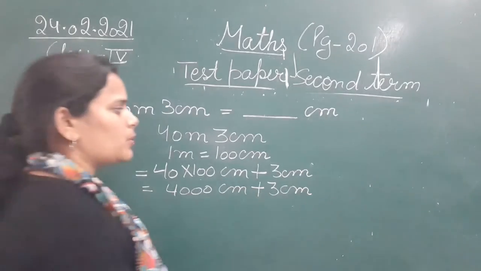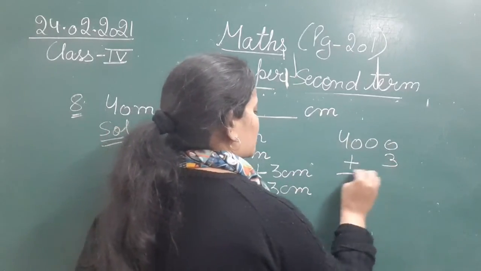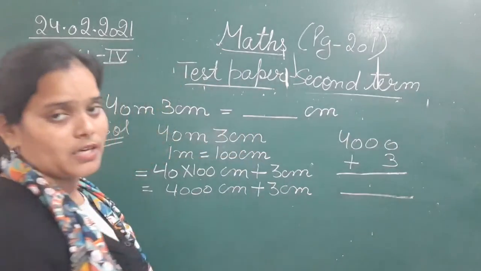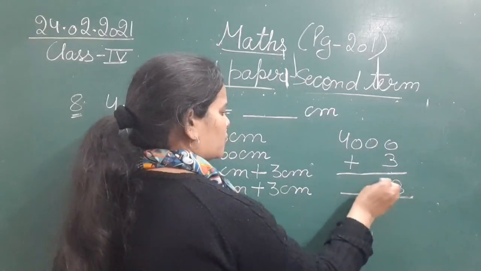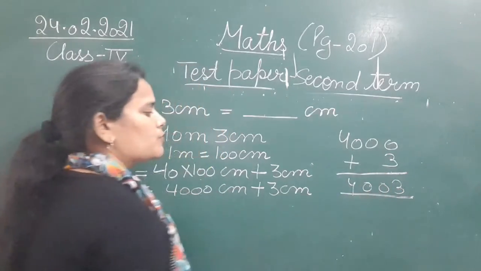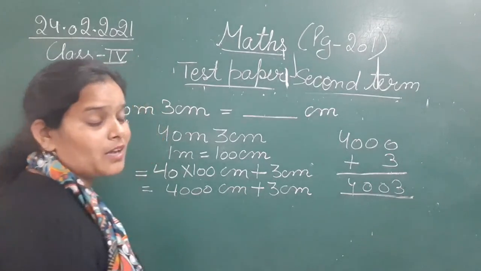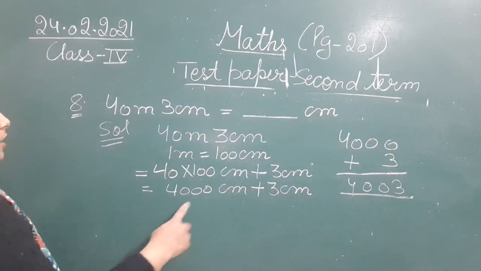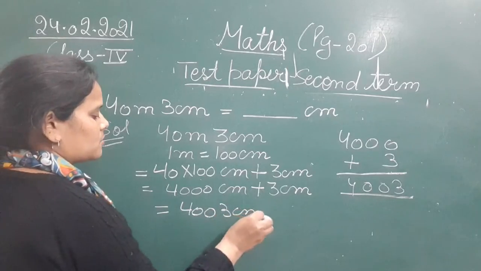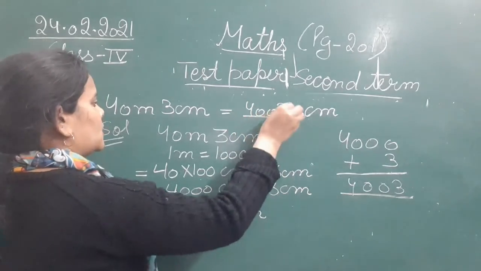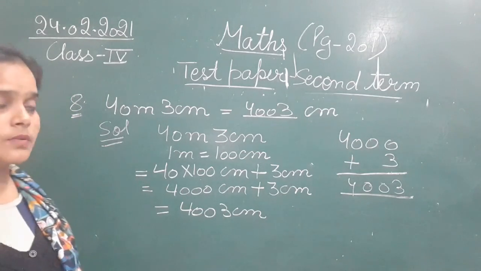ओके, यहाँ पे एक चीज़ बेटा बहुत ध्यान से देखिएगा, 4000 centimeter plus 3 centimeter. ओके, एंड यू नीड टू डू दीज काइंड्स ऑफ कैलकुलेशन इन द रफ, क्योंकि कई बच्चे क्या करते हैं, वो 4000 देखिए कितना आएगा, 0 plus 3, 3, 0, 0 and 4. This is 4003 centimeter. But some students write it as 4300 centimeter, and that is completely wrong. So here we will write like this, 4003 centimeter. Clear? So this is how you are going to write the solution of this.